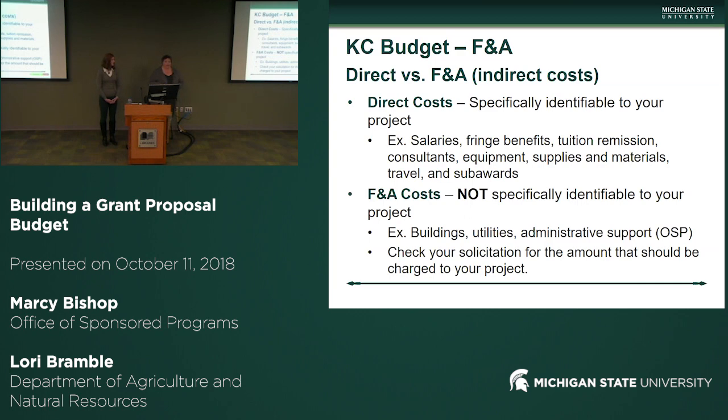And we can't say enough, check your solicitation for the amount that can be charged to your project. So this is one of the first things that we do in OSP, and I think a lot of departmental research administrators do as well. Look through your RFP to see what they will allow. Most of the big funders, so NIH, NSF, they allow our standard approved rate. But a lot of the agencies, a lot of the foundations, they will either allow a much smaller rate or none at all. So you want to make sure that you look at that, because you don't want to put together a budget and then realize, oh, I'm at the ceiling and I still have to charge 55% in F&A. That kind of throws your budget off just a little bit.